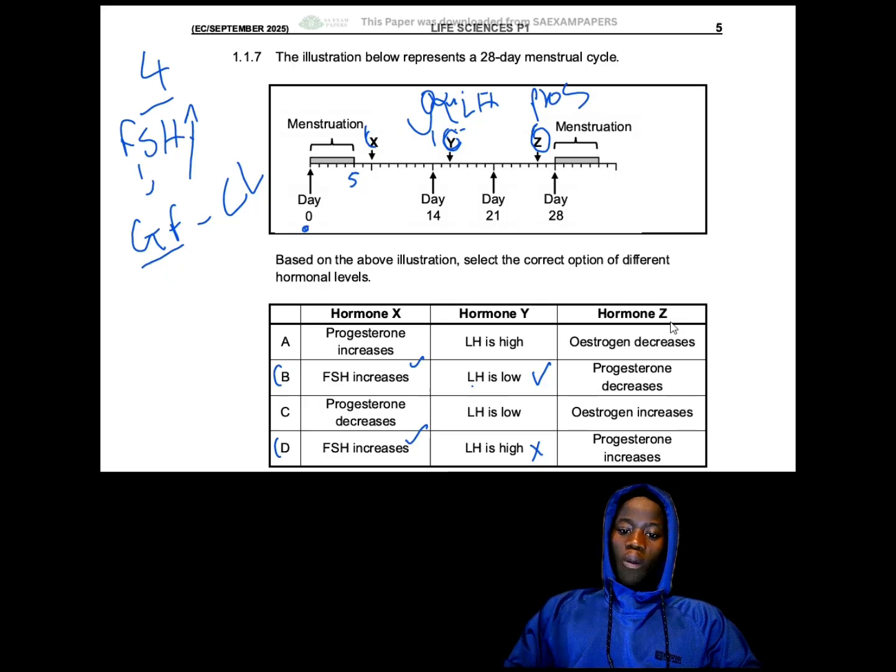Then they're saying that hormone Z, which is the progesterone, decreases. This one would be correct because you can see that right after the representation of letter Z, on day 28, we have a new menstrual cycle process occurring. That means there was no fertilization and no implantation. So now our correct option here is B, and we get our easiest 2